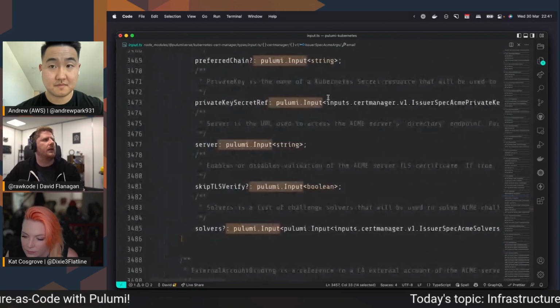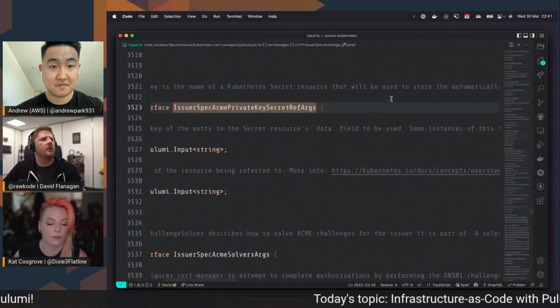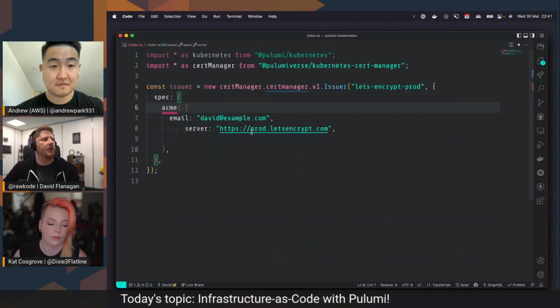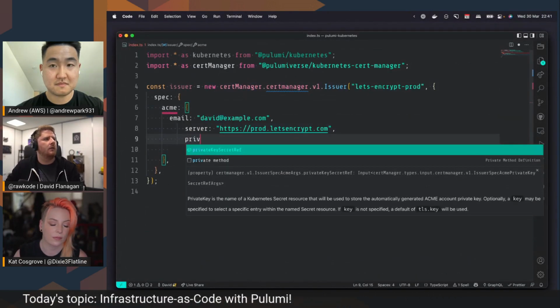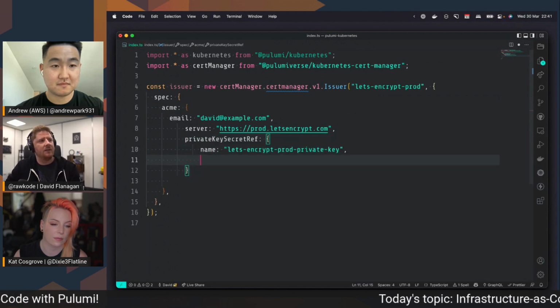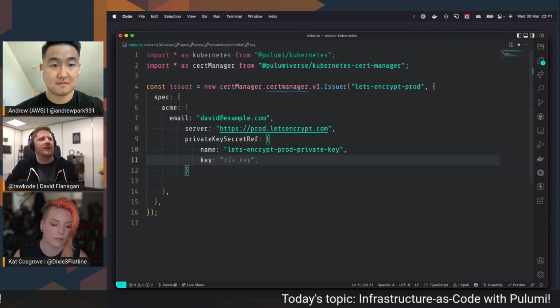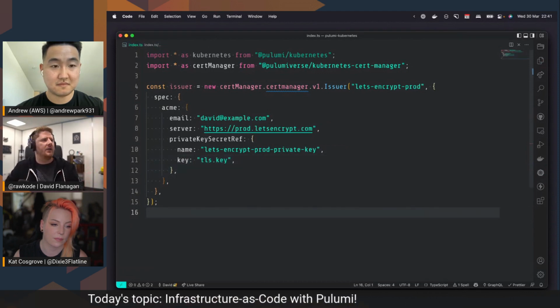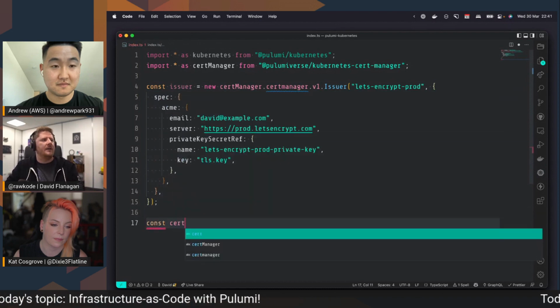And okay, let's see what this is supposed to be. Okay, so this takes a key and a name. So this is going to be the name of the secret, and then the key within the secret, which I'll just call TLS key. So now we have an issuer for cert manager, and now we can do a certificate,